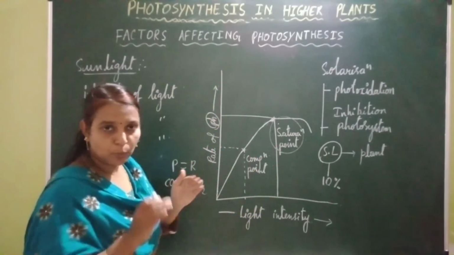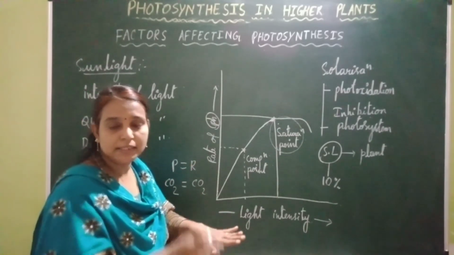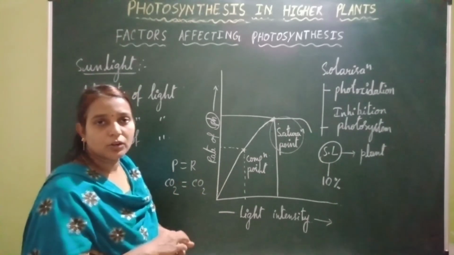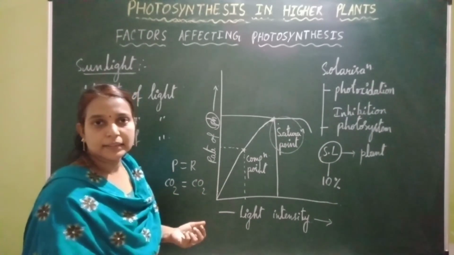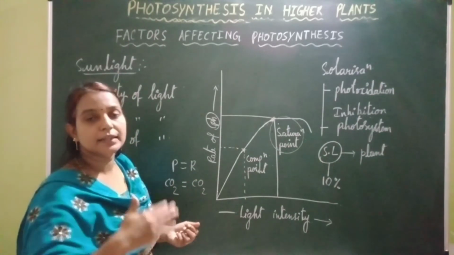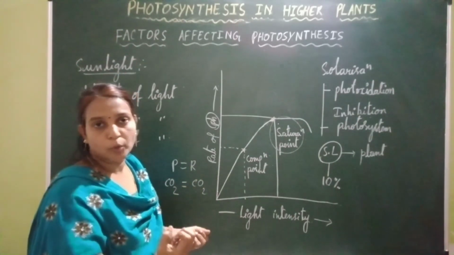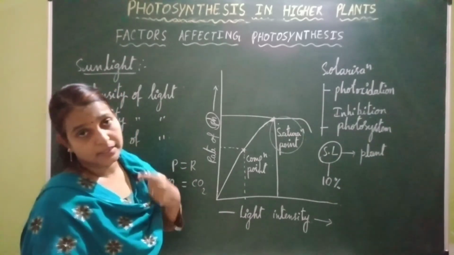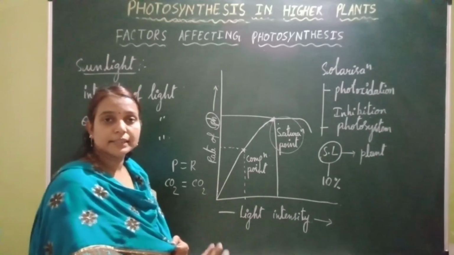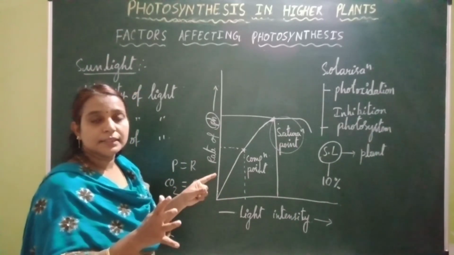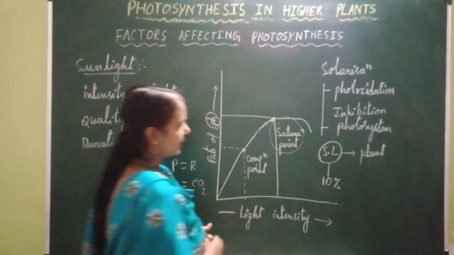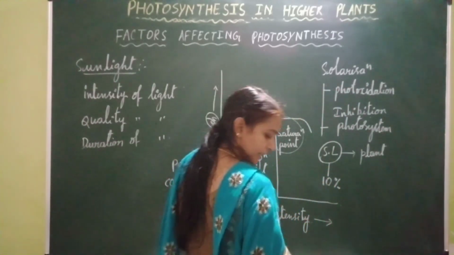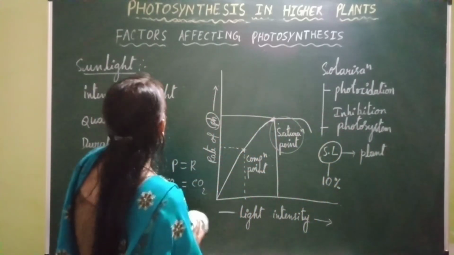But in the case of smaller plants growing in dense forests under larger trees, sunlight becomes a limiting factor, because when a small plant is growing under a tree in a dense forest, the incoming sunlight will not fall properly on the surface of the leaves of the smaller plants. So this is all about sunlight. Next, coming to carbon dioxide.